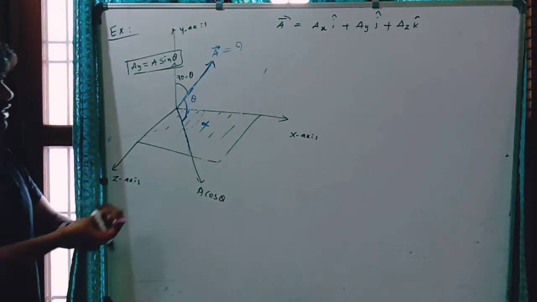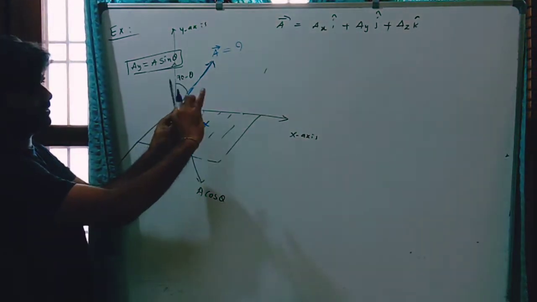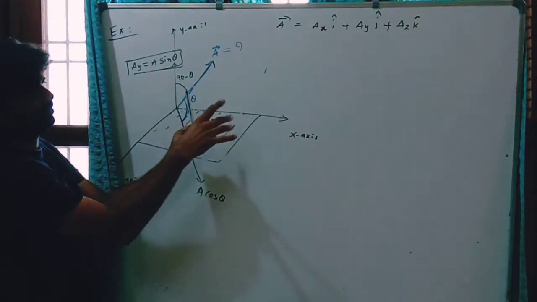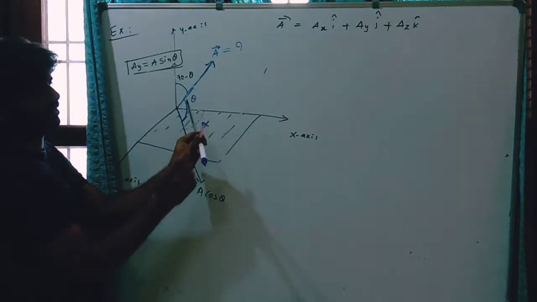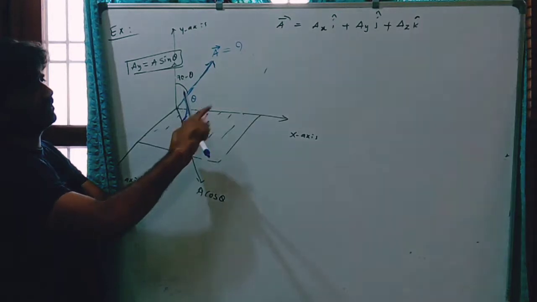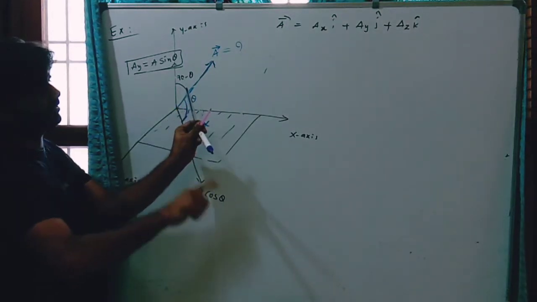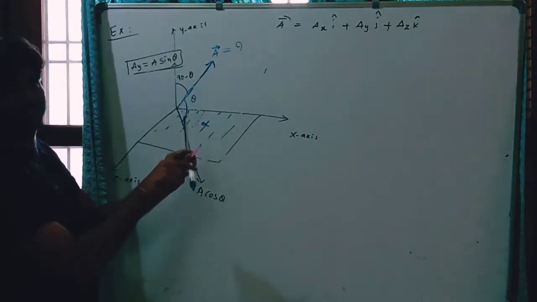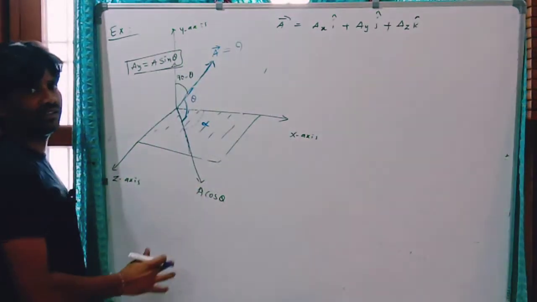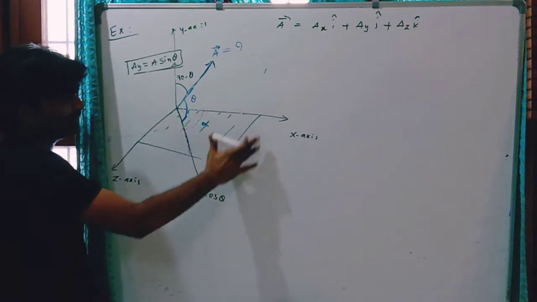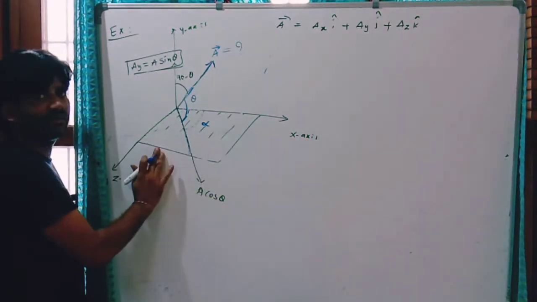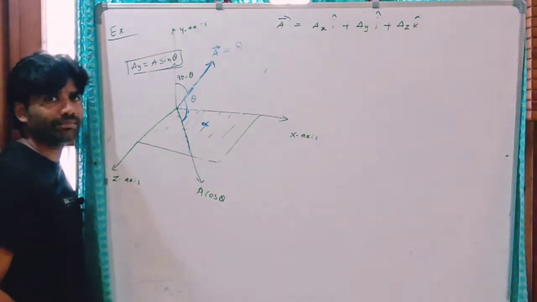This is our y axis, this is our vector, this is our line. So the vector is like this. This angle is theta, this is 90 minus theta. So this is A, here A cos theta, A sin theta. Clear? This is A cos theta, A sin theta. Both are perpendicular. This is in the xz plane. This is along the y direction. This is in the xz plane. These components are perpendicular.